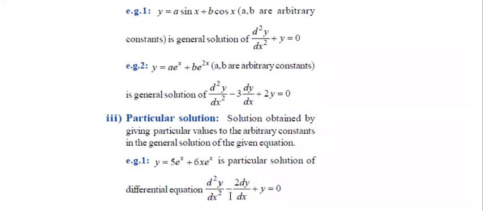Students, how do we find the order and degree of the differential equation? By observing the equation, see how many arbitrary constants are there; by observing that, we decide the order of the differential equation. The exponent of the highest derivative is called the degree of the differential equation. Okay students, I think all of you understood now.